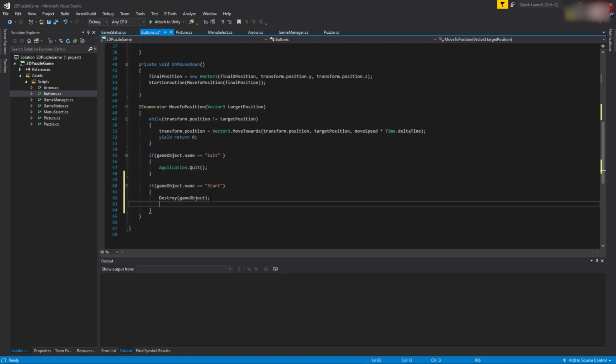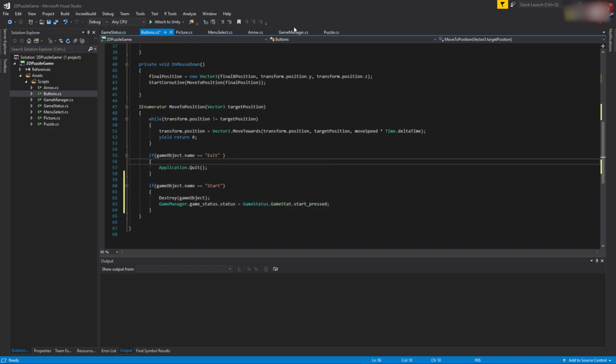Then we will change the status of our game manager: game manager dot game status dot status is equal to game status dot start pressed. We want to signal the game manager that the start button has been pressed and has moved